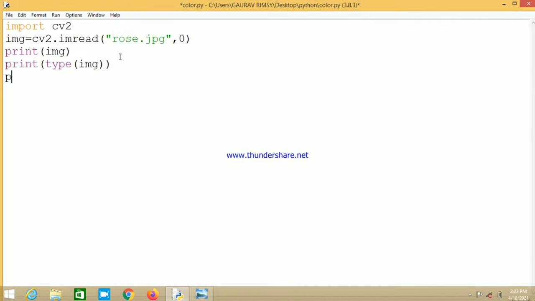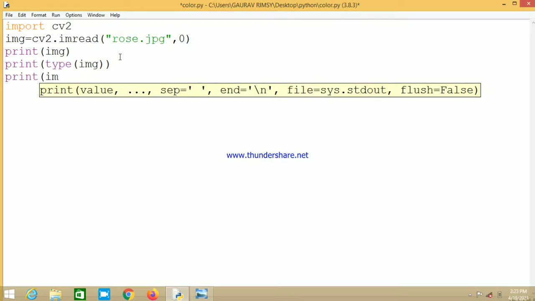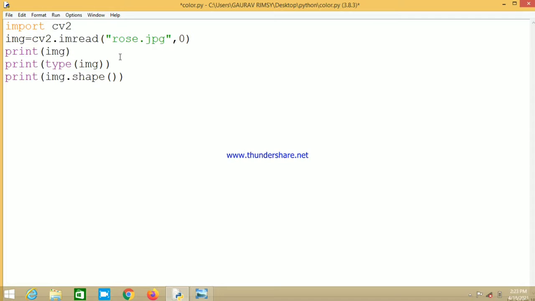Then we are going to use print img.shape. What does this method do? Basically, the shape of an image is assessed by img.shape. It returns a tuple of the number of rows, columns and channels, like red, green and blue. This method will show the shape of the image in the form of rows, columns and channels.